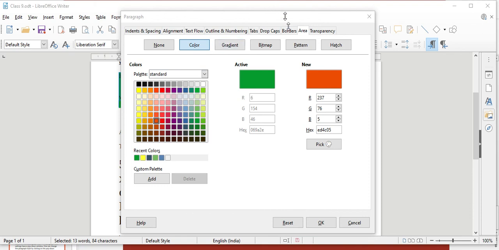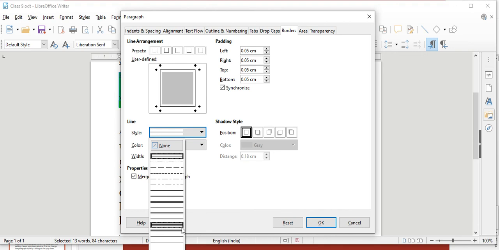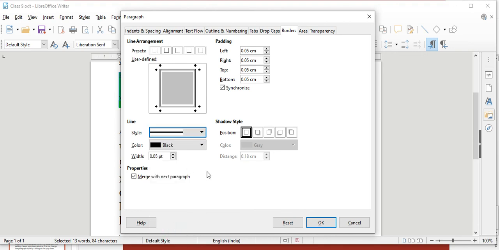Now if you want to assign borders to your paragraph, click on Borders in the same paragraph dialog box. Then select a line, whichever line you want: two sides, one side, all four sides, you can choose whichever you want. You can select the style, whichever style you want for your paragraph.